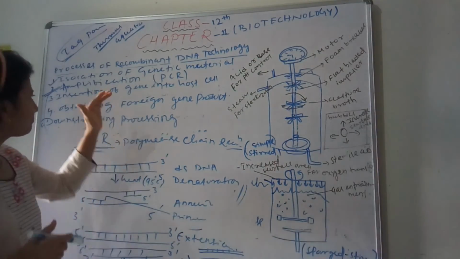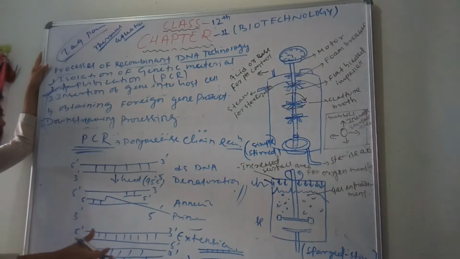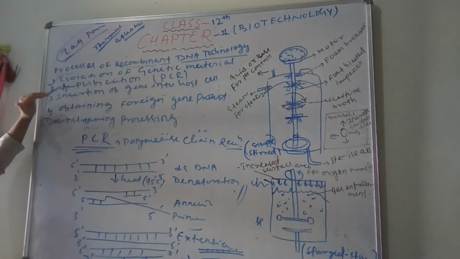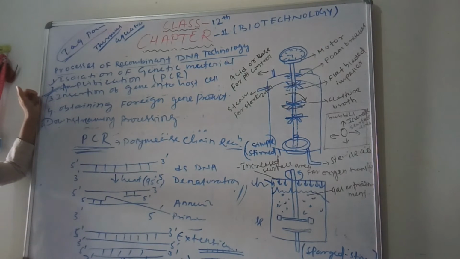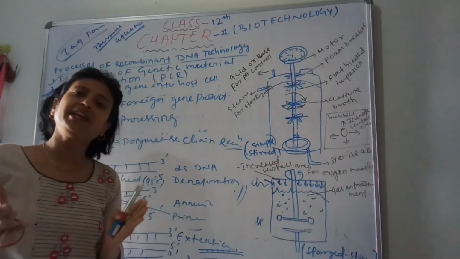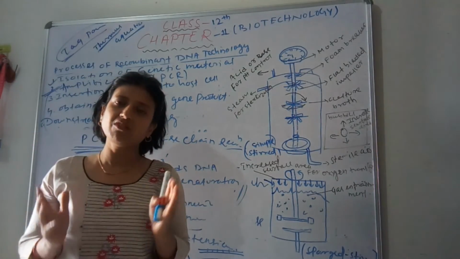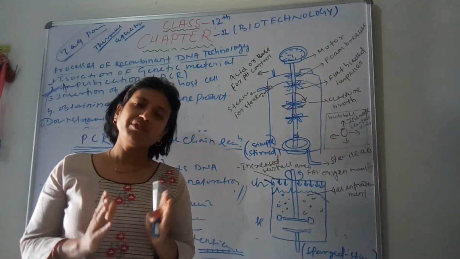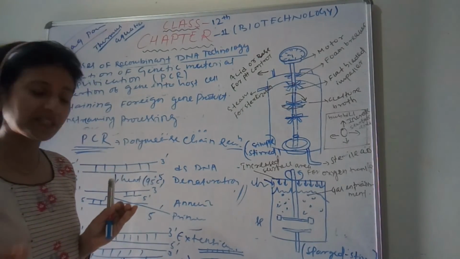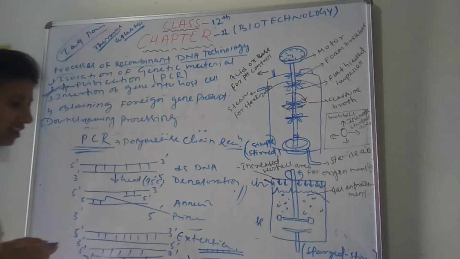And after this, getting billions of copy number of gene of interest, again we need to insert it or introduce it into the host cell. So for introduction, we can choose the selectable marker ampicillin. As we know, ampicillin is used for antibiotic resistance, for making the antibiotic resistance gene. Here when we treat the DNA segments that we got, it will show which are transformants and which are non-transformants, means in which transformation occurs and in which transformation does not occur.